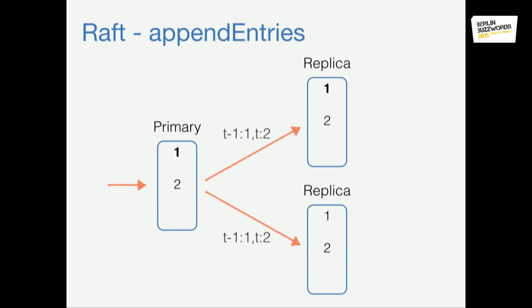And Raft called this replicating log entries, that's the abstraction, and they do it using an RPC called appendEntries, just the terminology they use. And the interesting part is that with every change, they anchor the previous change as well. So they say, here is change number 2, and by the way, the previous change was change number 1. Which is intuitive when it's just 1 and 2, but with failures and changes and concurrency and different authors and